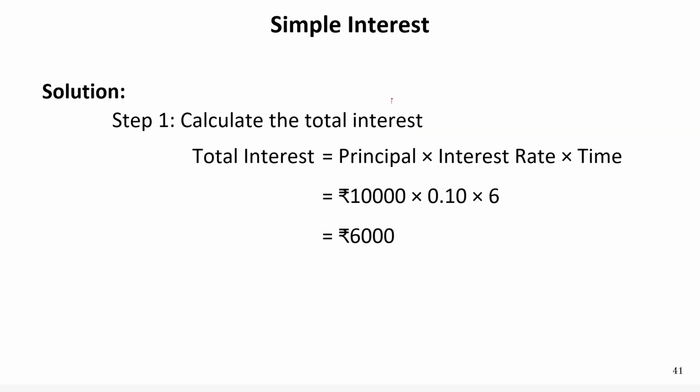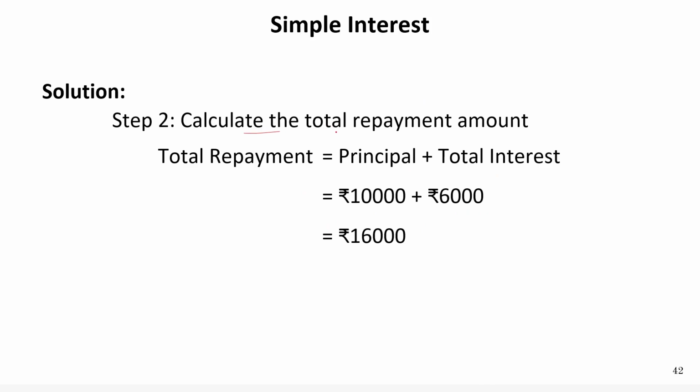Okay, so calculating the total interest is equal to what? Principal into interest rate into time. So 10,000 into 0.10 into 6 is equal to 6,000, right? So calculating the total repayment amount. So total repayment is equal to principal plus total interest is equal to 10,000 plus 6,000 is equal to 16,000,